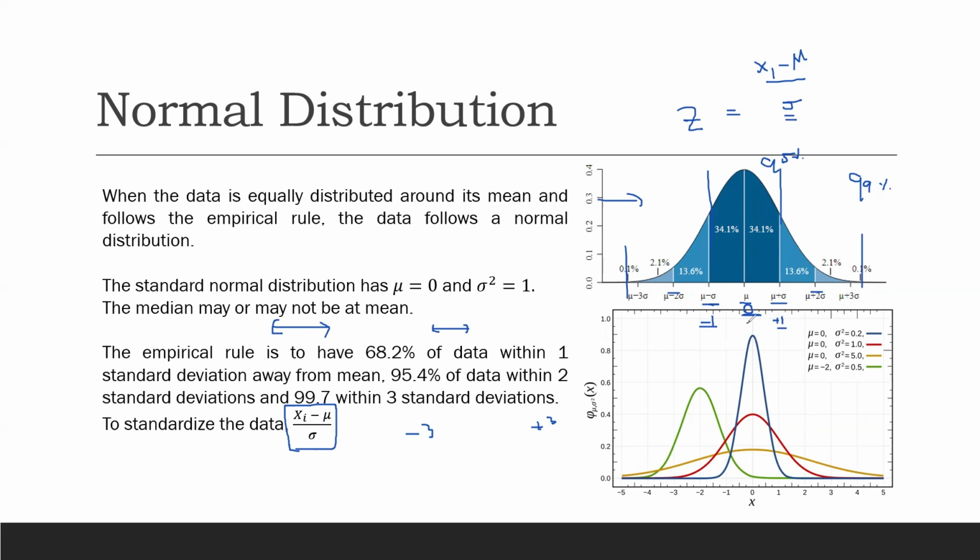But for now, if you have to remember what a normal distribution is, you should think that the mean should be at 0, and one standard deviation away I should have 68% of the data, 95% of the data within two standard deviations, and 99% of the data within three standard deviations. This is what you should have. This is called the empirical rule. If the mean is 0, the standard deviation is 1, and the empirical rule is followed, then you can term that data as normally distributed data.